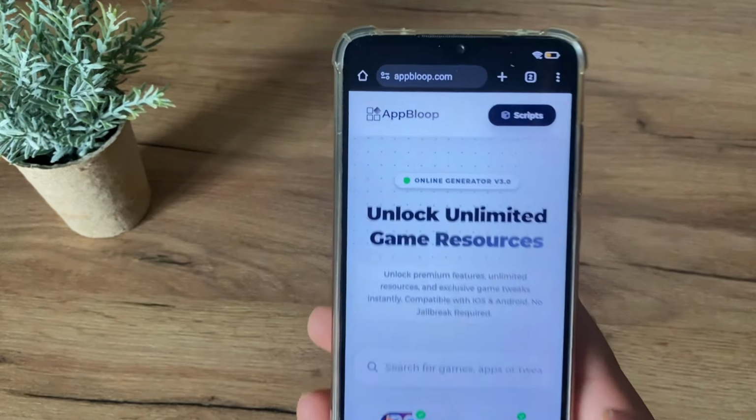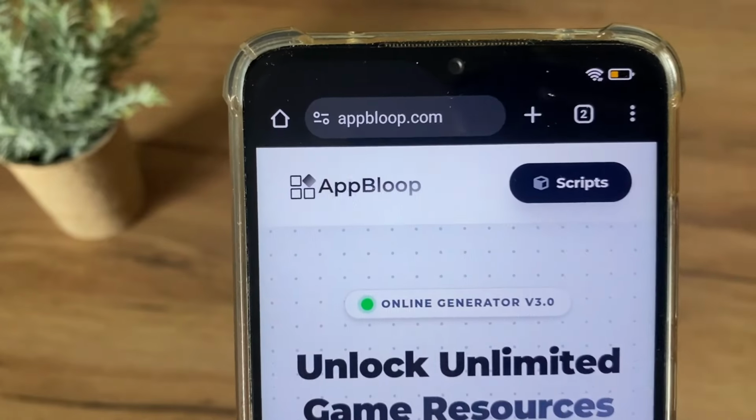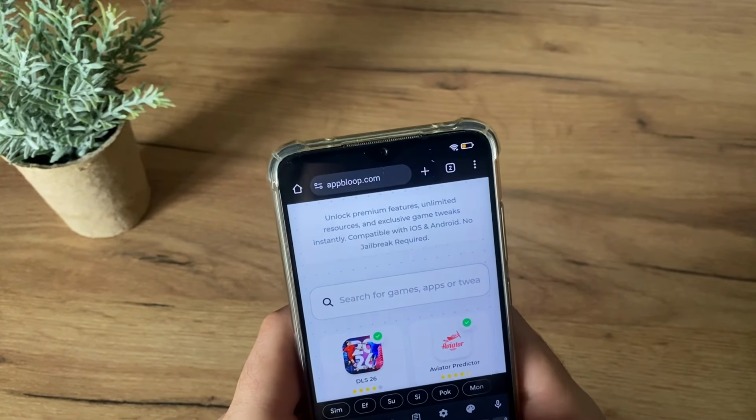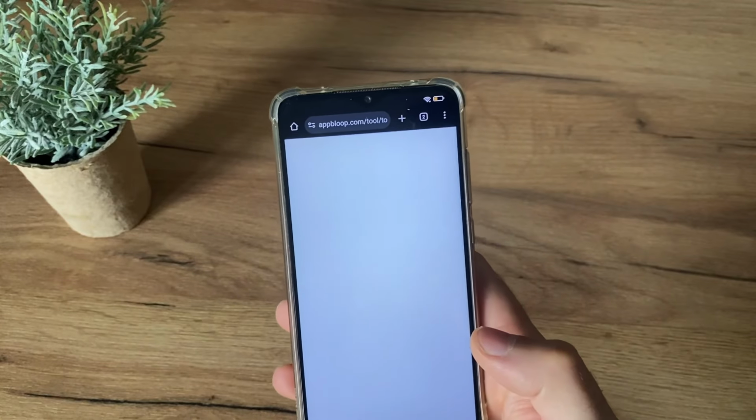Go to Google or any browser you have and navigate to this website called apploop.com. Then type in search Top 11 and you will find the online tool. Click there, guys,